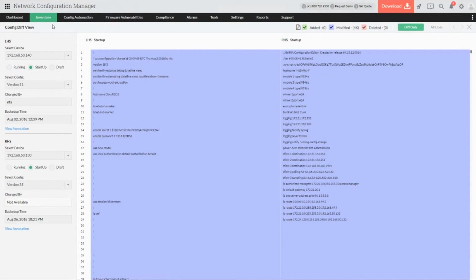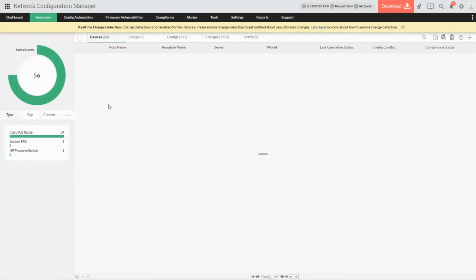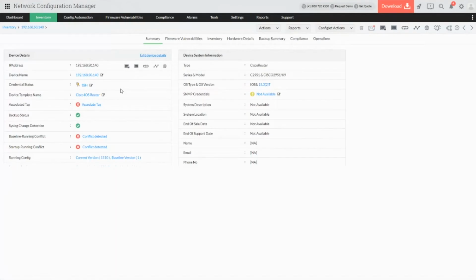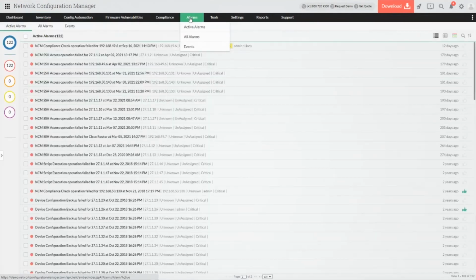So by using the NCM, you will have this feature where you can easily have the configurations backed up on a regular basis. You can compare the backups which have been taken at different timelines, so that you know what has happened at what particular time. And likewise, you will also get notified if there is a change happening in a specific timeline, or to the configuration which you have done. And you can also tell whether it's, let's say, a legitimate and authorized change, or an unauthorized change.